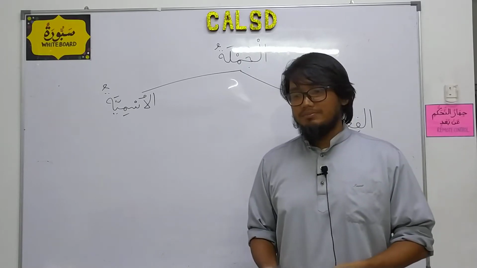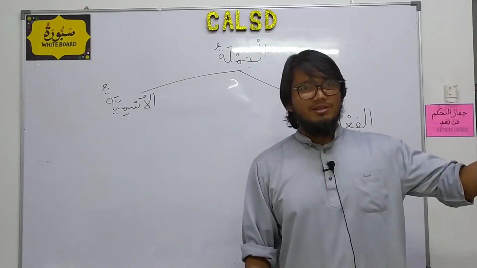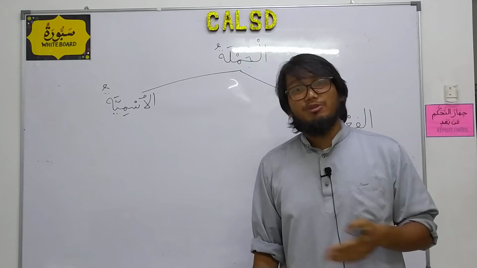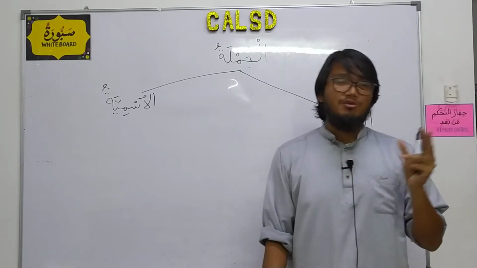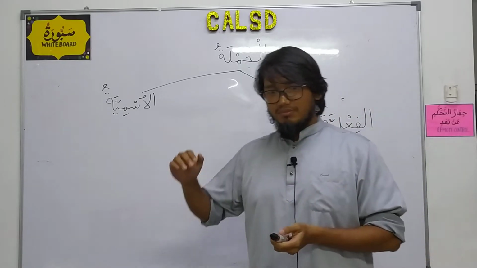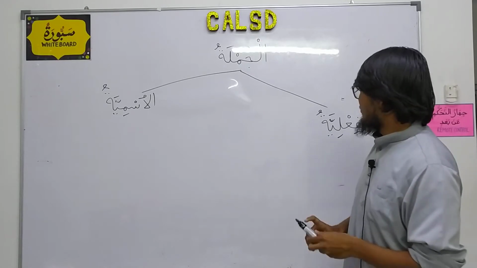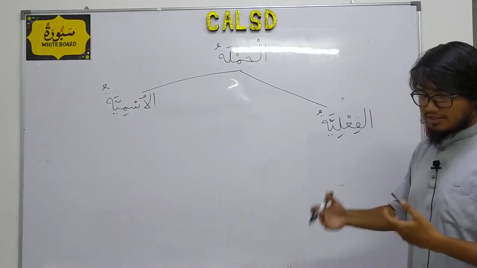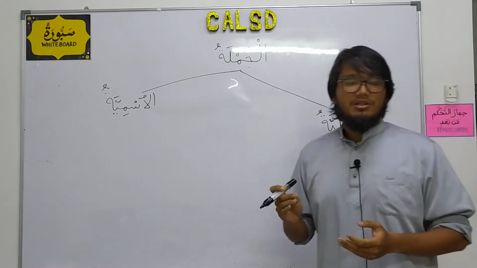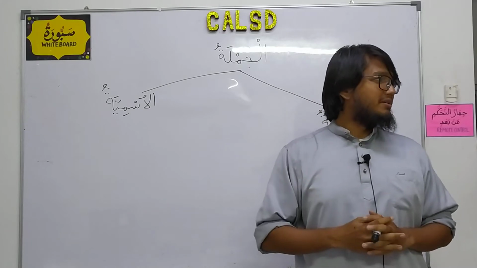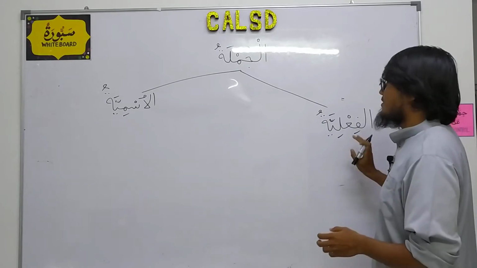So we don't say went Muhammad to the mosque. We don't say went Muhammad. We say Muhammad went to the mosque, or Muhammad goes to the mosque. Muhammad is going to the mosque. We don't start with a verb. But in Arabic, most of the sentences start with a verb, and that is, I would say, the natural state of a sentence in Arabic, that it starts with a verb.